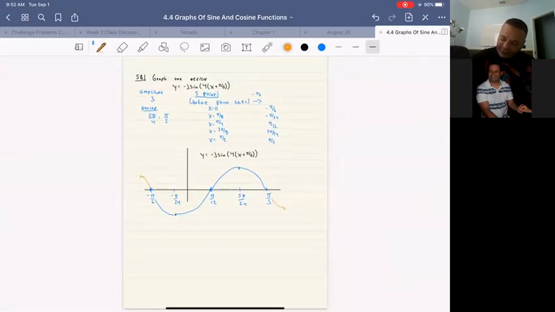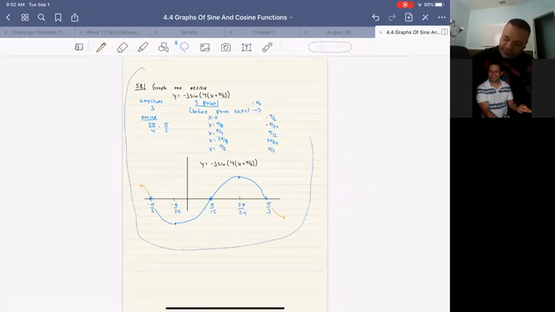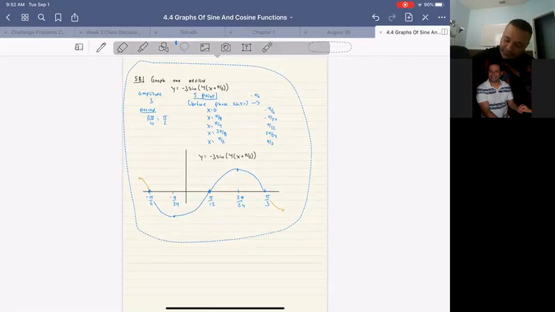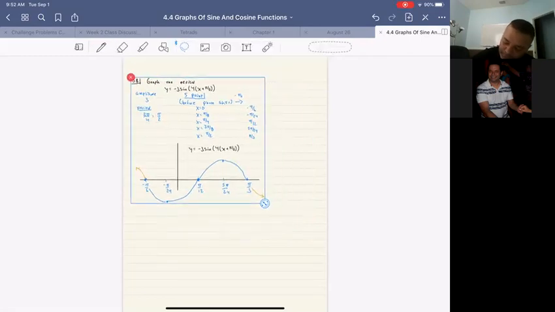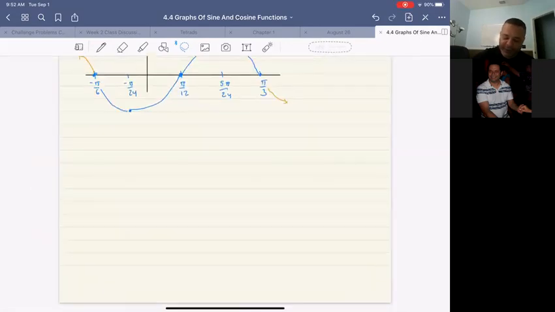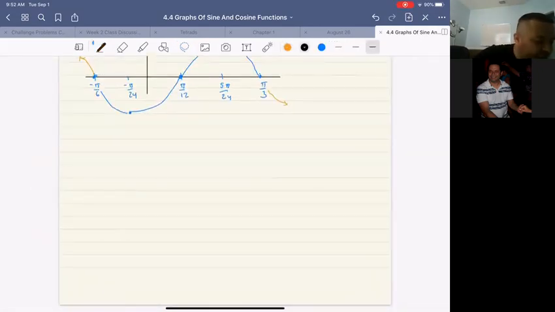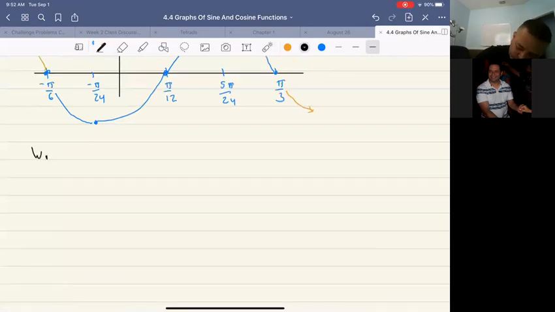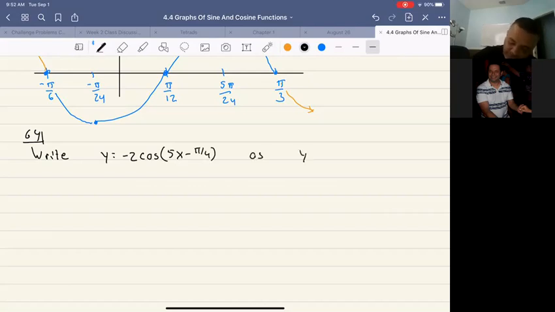Let's make this a little bit smaller and move it up. That'll give me space for the next problem. The last problem today is going to be number 64. Let's write y equals -2 cosine of 5x minus pi over 4 as y equals a